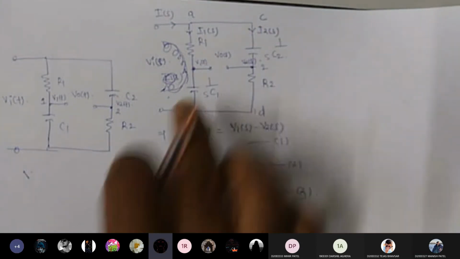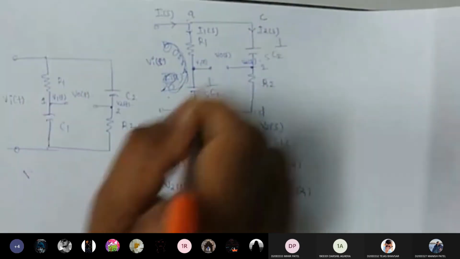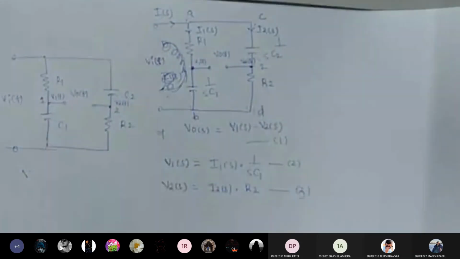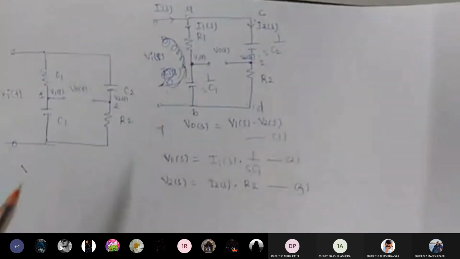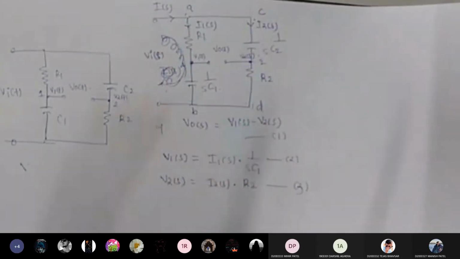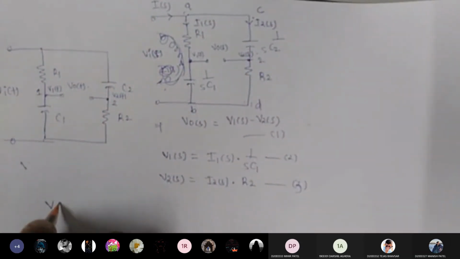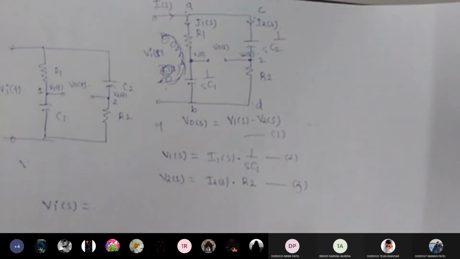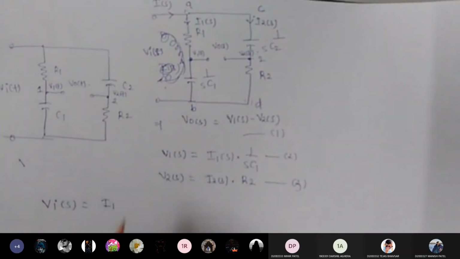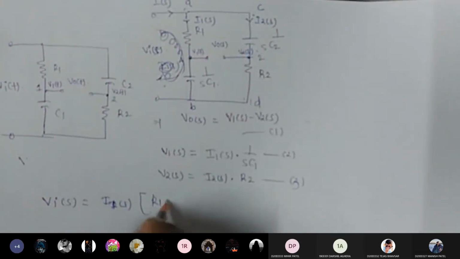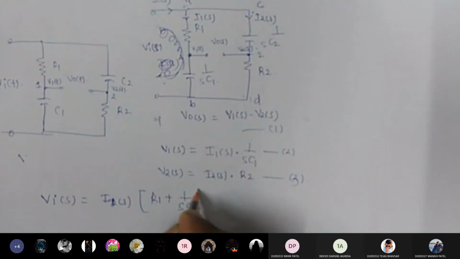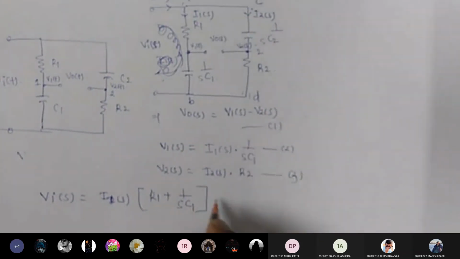Yes, sir. Okay, that means whatever the voltage available over here and whatever the voltage available over here, both are the same. But the question is, what is the voltage? What is the voltage across AB and across CD? VI. Very good. So can I write like this? VIS is equal to I, the main current or the I1 current, into R1 plus 1 upon SC. Can I write like this? Equation number 4.